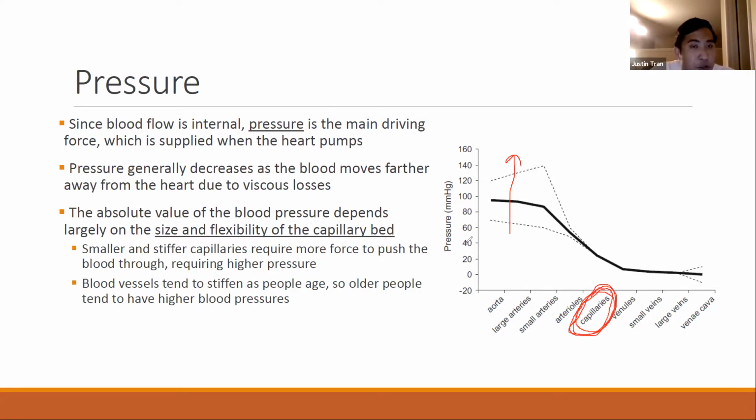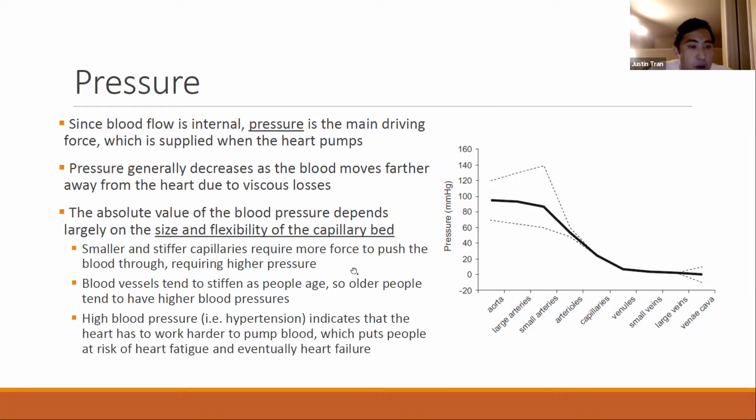And so if the capillaries are stiffer, that requires more force to push the blood through, and that force has to come from the pressure. And so the pressure has to rise as a result of that. Okay. All right. And so if you have high blood pressure, another name for which is hypertension,